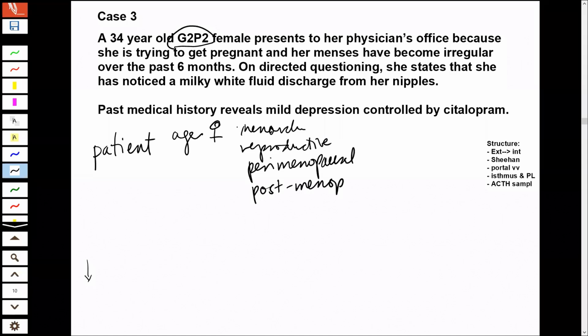Okay? So whenever you talk about this, all of a sudden you translate the age. So when I see 34 female G2P2, I'm saying reproductive age woman. Okay? So when you say female reproductive, then you're going into, what problems are we going to see here? So now you can see, oh, here we go. We've got two that we can talk about, but here's one of them. And that's a common. So when you talk about female endocrine,